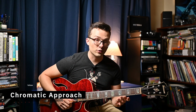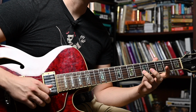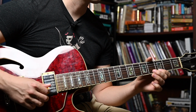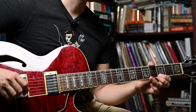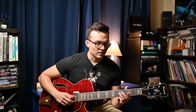So if we look at the first part of this line, we're going into the fifth by a half step from underneath, and then the minor 7th from above, right? And then the arpeggio, right? This is a classic Metheny way of playing a certain lick. So we have this,